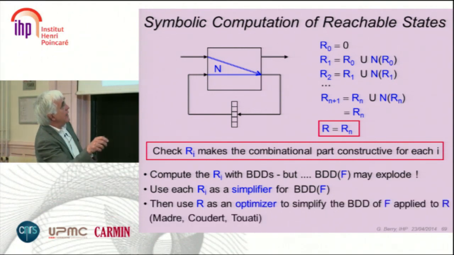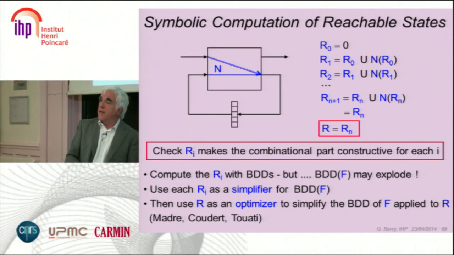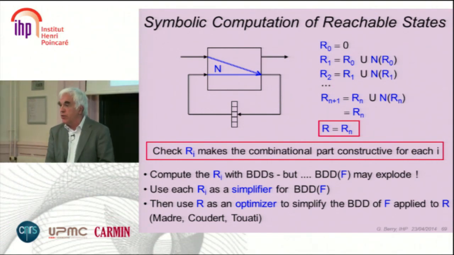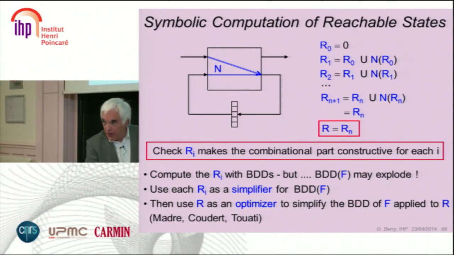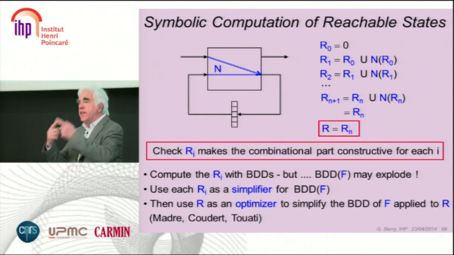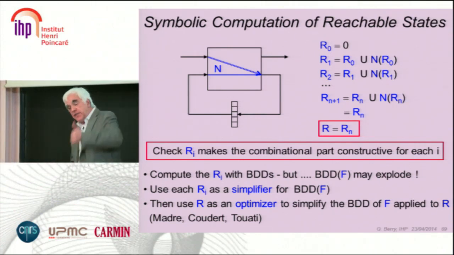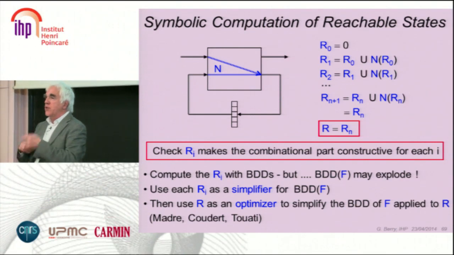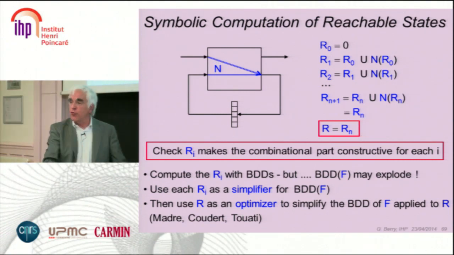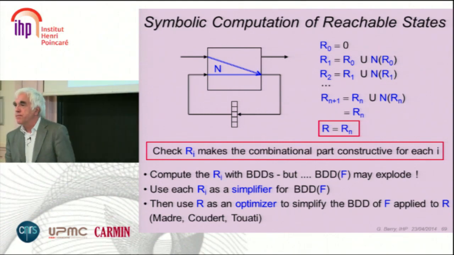And then you can use the same techniques to do a very strong optimization of the circuit. This is why human beings have no chance, because no human being is able to do any kind of Boolean calculation with more than 2 variables, I guess, in a reliable way. So at the end, we have one iterative algorithm to compute constructivity of the acyclic part, and then we have this big algorithm that computes reachable states. But when you have computed reachable states, you can simplify this logic, knowing it will apply only to reachable states, and you get something you have no chance to understand.